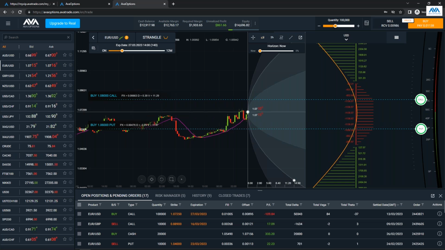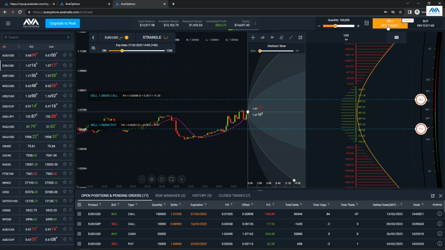When you buy both a call and a put, it's expensive because you're buying two options. You don't know which side is going to become profitable. A popular strategy is to sell two options, because when you sell two options, you're earning two premiums or premia, but only one of those options is going to finish in the money. So you are taking risk to volatility, but it's a great strategy if you think the market's going to be